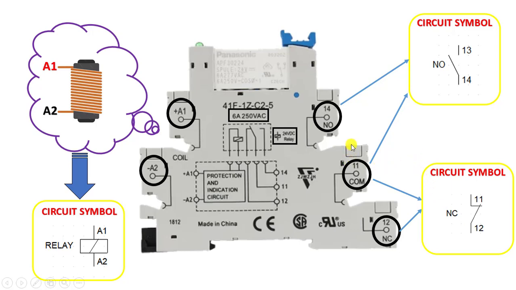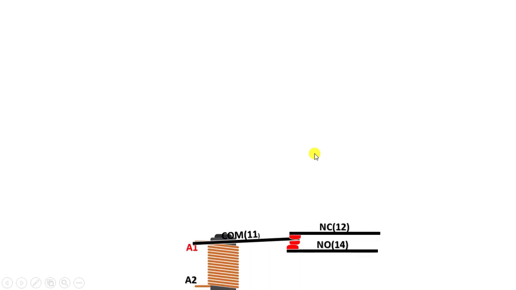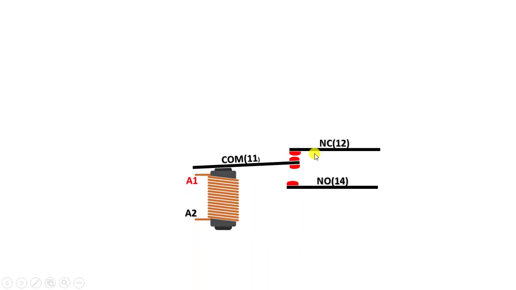The internal structure of our relay is like this. Let's examine the working principle of its internal structure together on a simulation. First of all, we need to place the coil and contacts of our relay. This is the coil of our relay. Friends, this is the common terminal, our COM terminal, our closed contact and our open contact, connected to the inside of the relay in this way. We have placed the materials. For the coil of our relay, we need a 24-volt DC power supply to provide the necessary power.